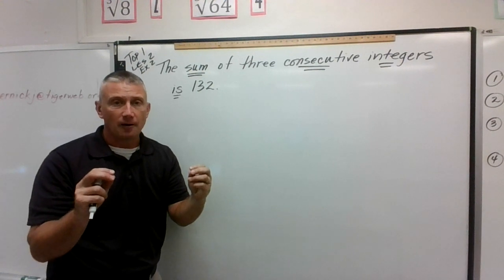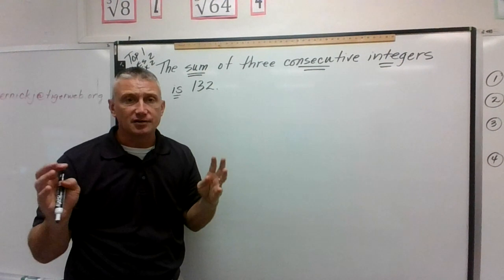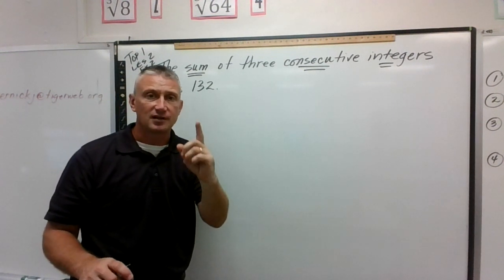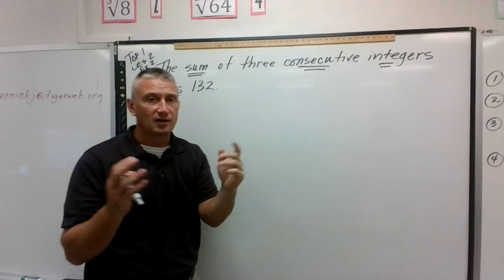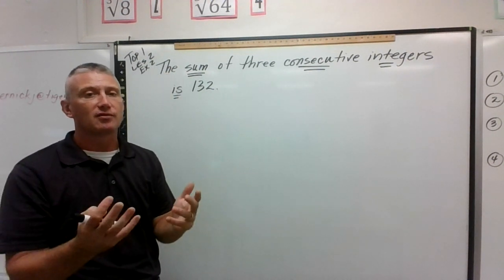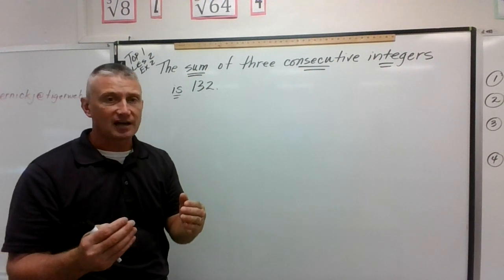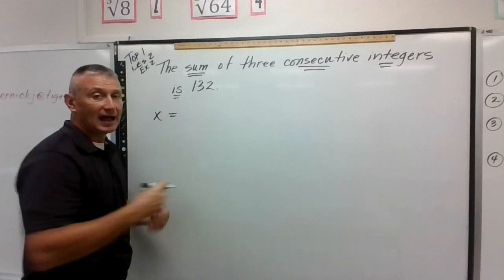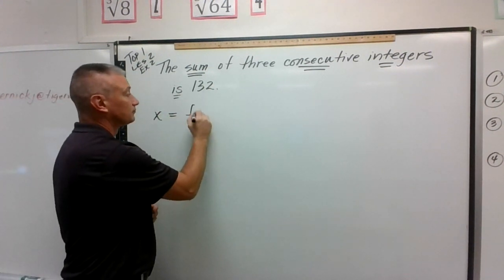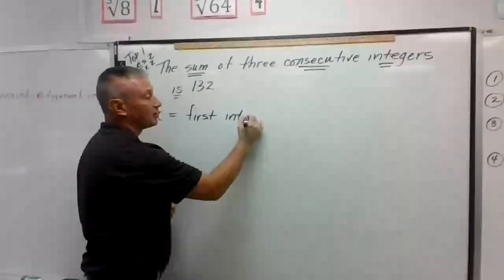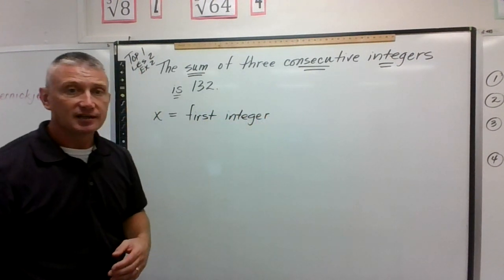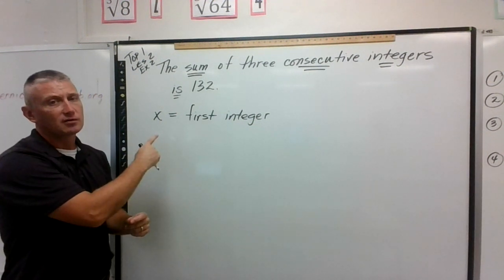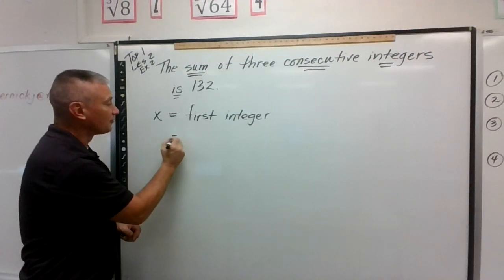Okay, so the very first thing we got to do is select the number one thing we don't know. Well, we don't know all three integers, but the one that we really don't know to start with is actually the first integer. We don't know what the first integer is in order to grab three integers, throw them together, and get 132. So I'm going to assign a value to these variables. I'm going to call x our first integer. I'm going to be specific with that, because here's what I can do if I know that the first integer, which I don't know what it is, that's why I call it x,